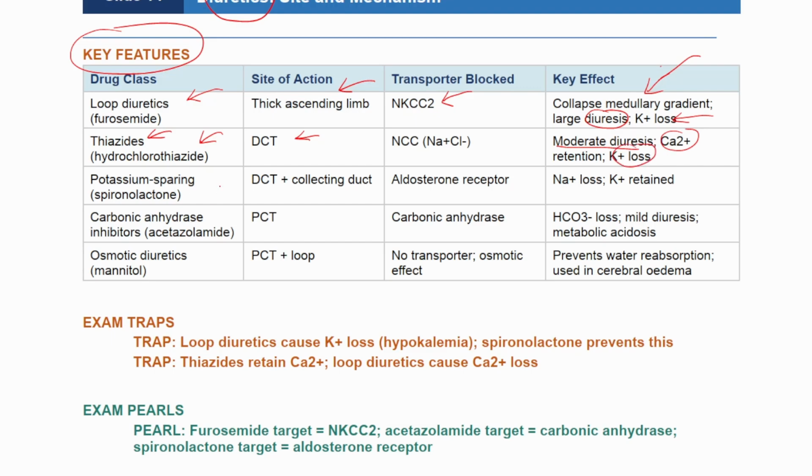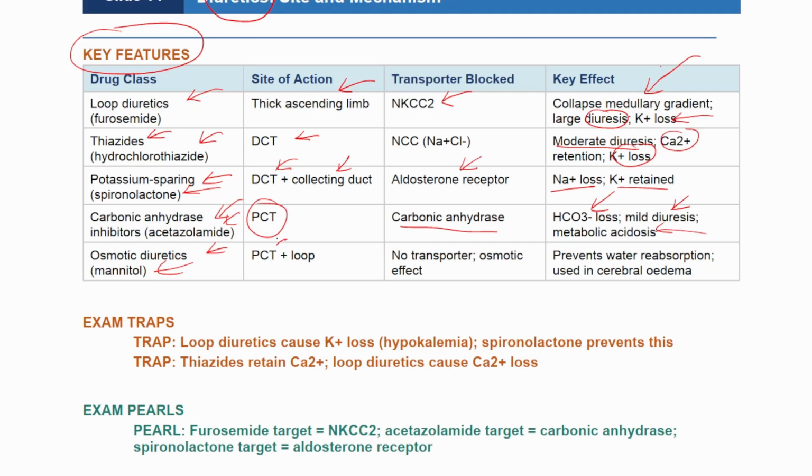Moving to potassium-sparing diuretics like spironolactone, these agents work at the level of the DCT and collecting duct by blocking the aldosterone receptor, which promotes sodium loss while keeping potassium safely retained. Following this, carbonic anhydrase inhibitors, specifically acetazolamide, exert their effect in the proximal convoluted tubule, or PCT, by inhibiting the carbonic anhydrase enzyme, which results in bicarbonate loss, mild diuresis, and systemic metabolic acidosis. Finally, osmotic diuretics like mannitol